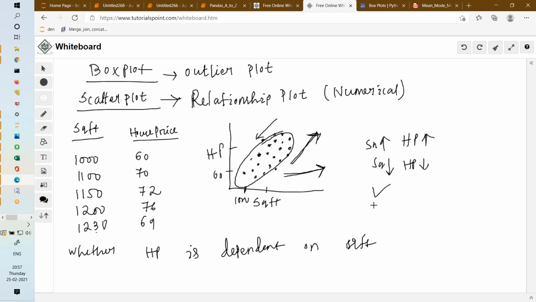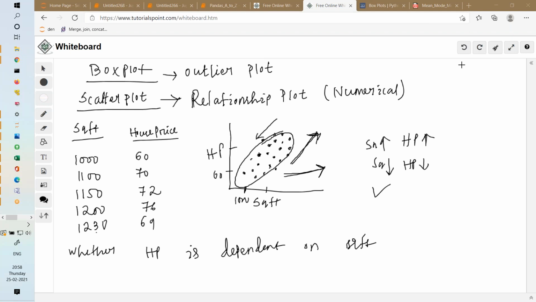What will scatter plot give you? Scatter plot will give you an information whether data is linearly proportional or not. Linear means what? Straight line, right? Or kind of X is directly proportional to Y. If something is happening to X, Y will obviously have some changes. I'll give you one more example. So this is called positive. I'll give you later, but let me give you one more example.